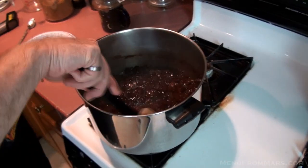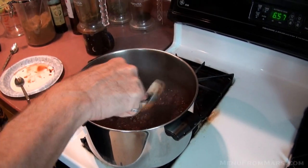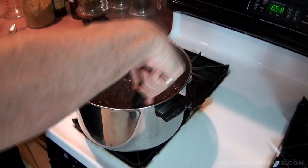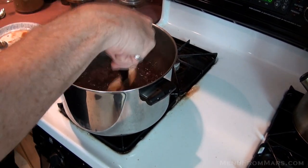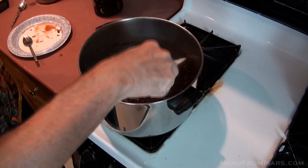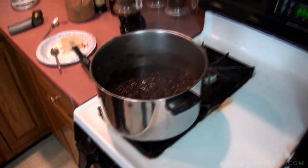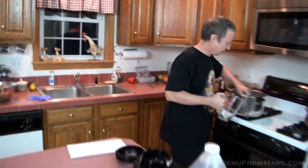This is the relish. It's reduced. It isn't reduced all the way because we want some of the fluids here, right? We've been reducing the heat as we go along so as not to burn it. We've been stirring it constantly. Notice that all the chunks of onion are standing out. Now, what we're going to do is take Pyrex and take some of this out,